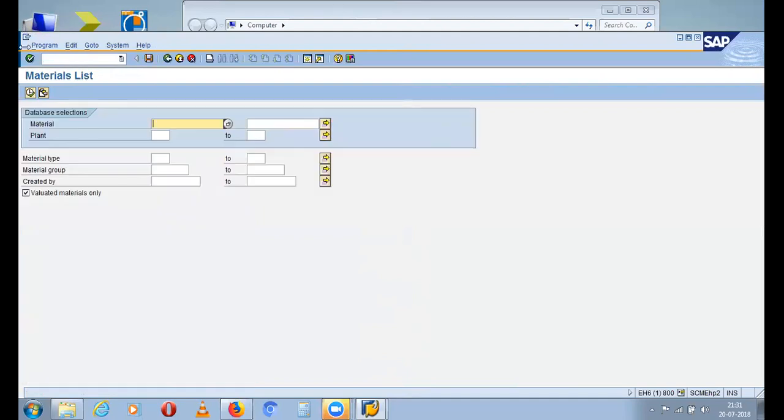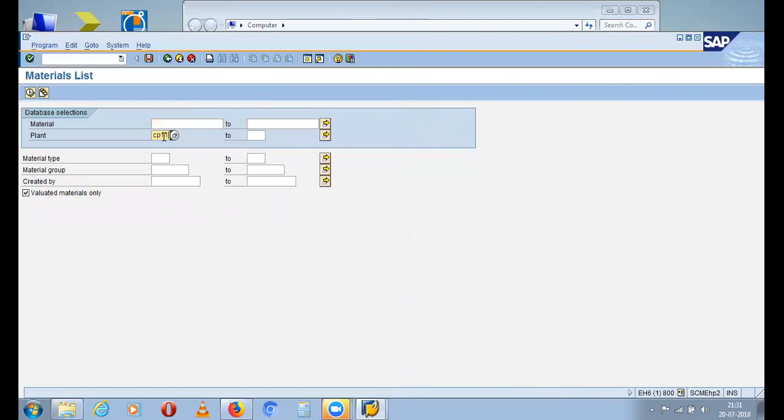Okay, so now the list of materials. Here under plant, you have one field by the name plant, right? Give your plant name. What is your plant name? The plant is CP11.